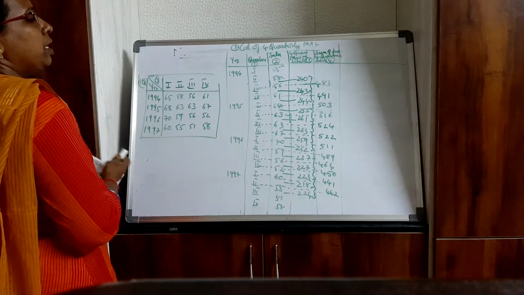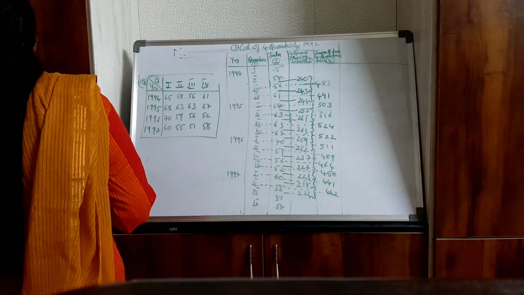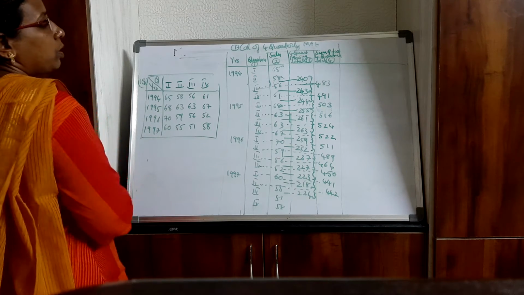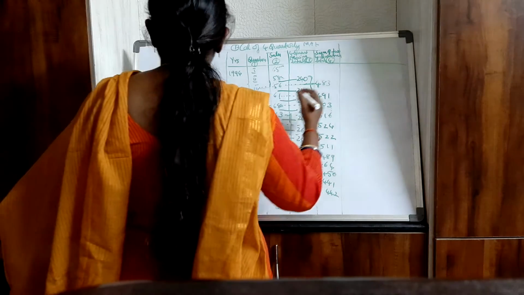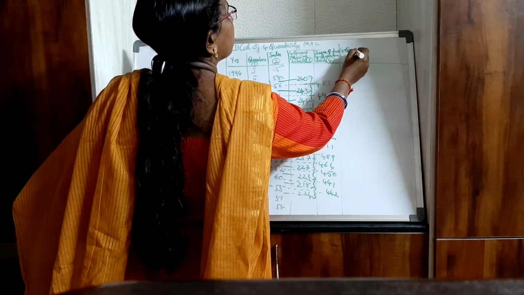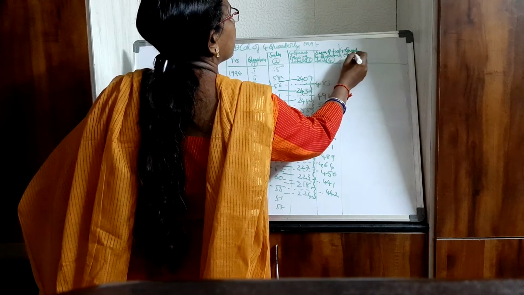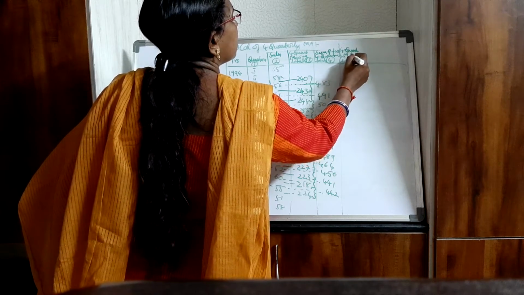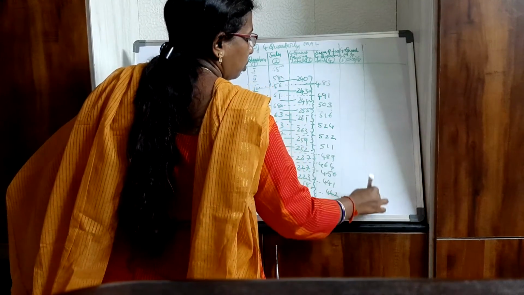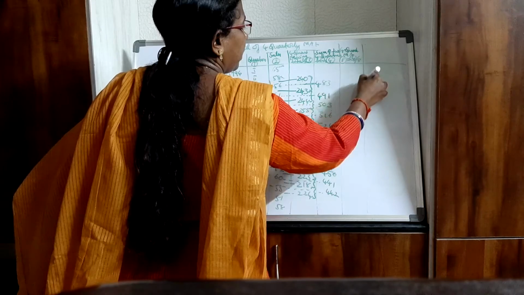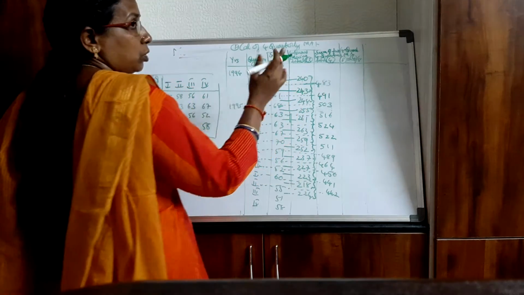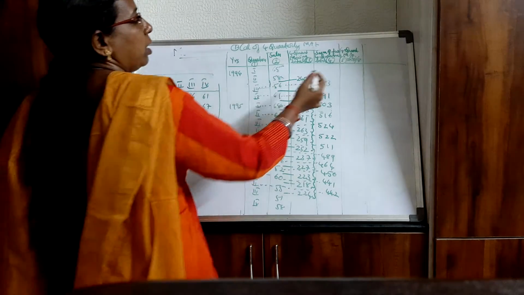Now after getting the sum of 2 4-quarter totals, you have to find the 4-quarter moving averages. So how to find 4-quarter moving averages? This is column 5. This is equal to column 4 divided by 8. Why 8? Because you are adding 2 times. Once you have added 4 values, again you have added 2 values, so in total you are adding 8 values. That's why divided by 8.